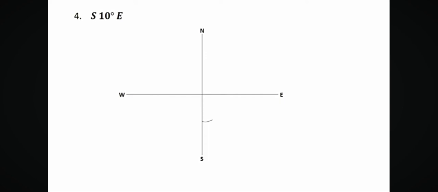Since 10 degrees is very small, you see that I've drawn a very small arc. Then you draw the line through it like this. You indicate your arrow here. Then you indicate your 10 degrees here. So since 10 degrees was small, I drew a small arc. Then from there, you draw your arrow and you indicate the name of the angle on it like this. So you see, it's very